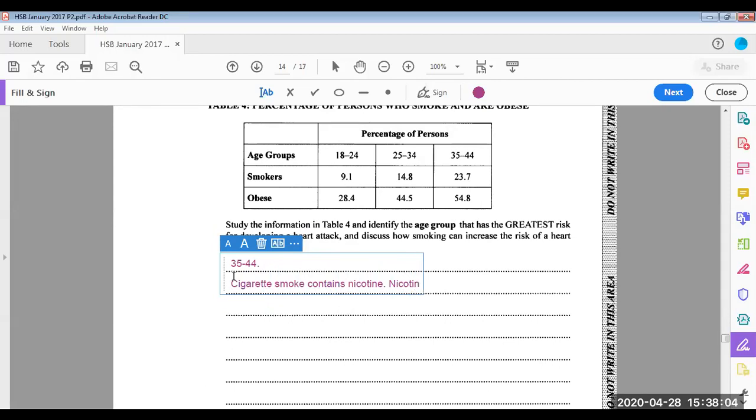Nicotine is the drug which hardens and causes the heart rate to increase. When the walls of the artery in the heart become hard